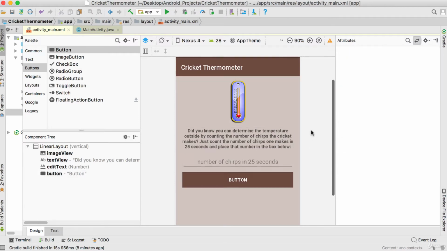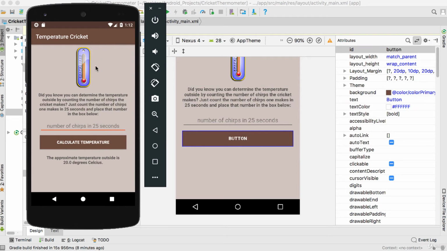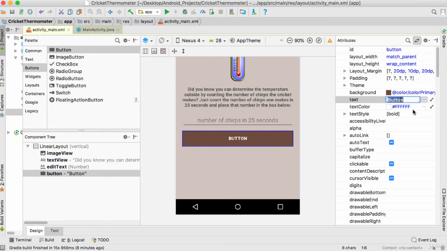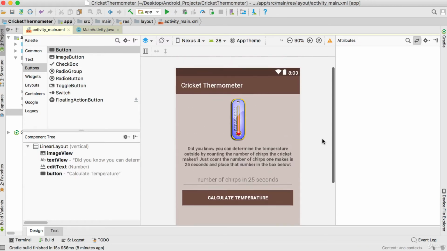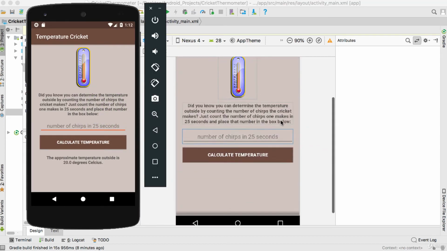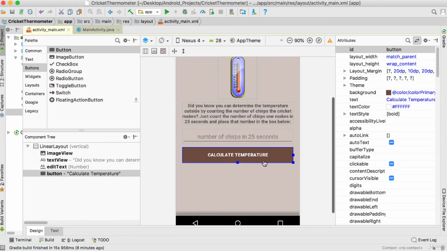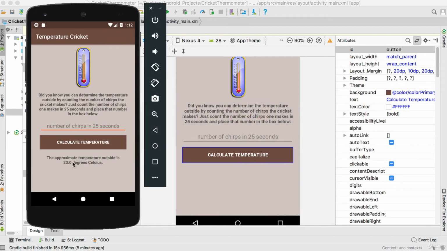Okay, so there we've got the button, and the text on the button, if you look at that example again, should be calculate temperature. So the text, calculate temperature. Right, so far I think we've got the layout basically the same. So we've got number of chirps in 25 seconds, calculate temperature, and then the only thing we need is again